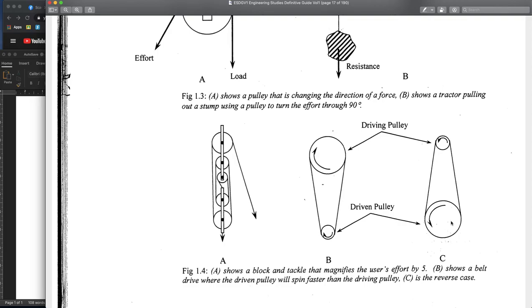But if we want to calculate instead the velocity ratio, we can look at a pulley and make a prediction. We can say what the velocity ratio should be, and then we can compare that to the mechanical advantage that we observe. So in this case, this one here has a mechanical advantage, or a velocity ratio more correctly, of 5. And how do I know that? Well,